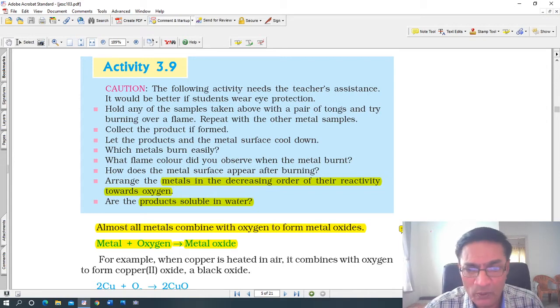Okay. Now, almost all metals, you see what is highlighted over there. Almost all metals,